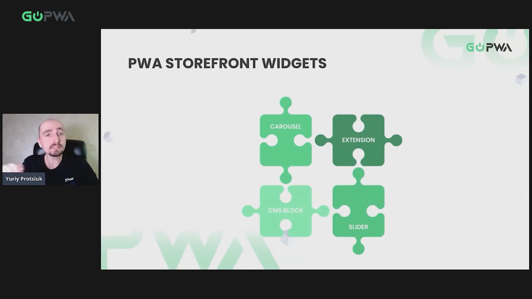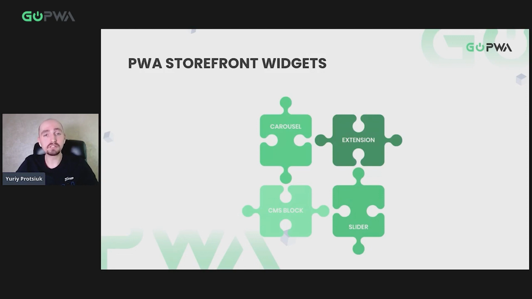So let's look at extensions in a bit more detail. How can a developer take an extension integrated into our PWA solution and transform it into a widget itself? It's simple. Basically, there are 3 steps. Step 1 is you actually develop your extension. Start with something simple to get your hands dirty. It doesn't have to be something very, very crazy.